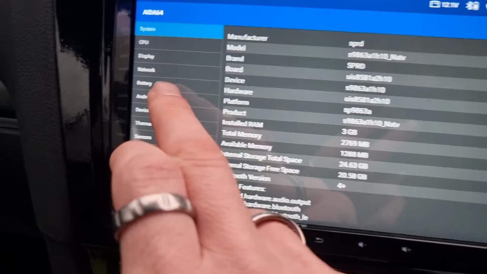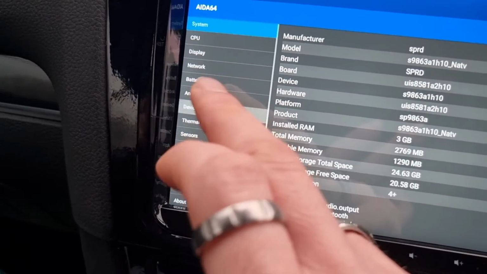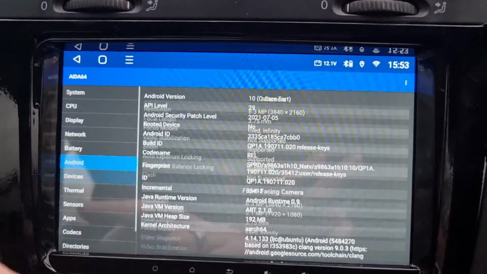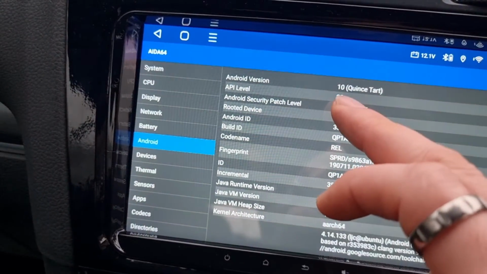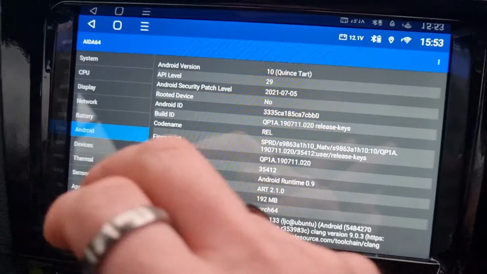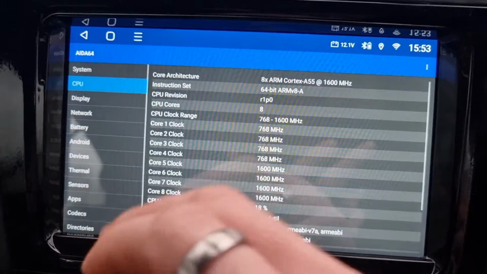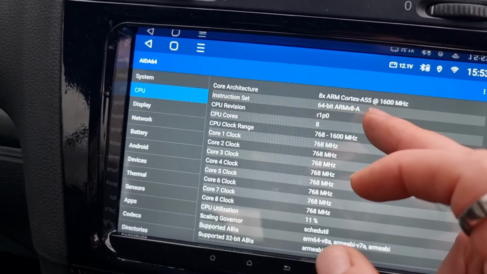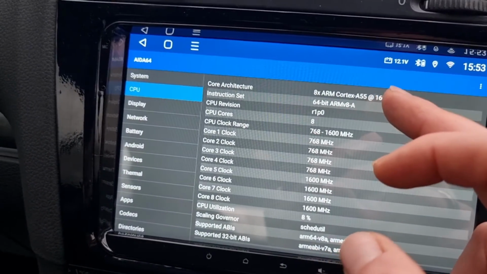You can check your Android version by going here and clicking on Android. Oh, advert. So you click on Android. This is running Android 10, Quince Tart. CPU, you can check that. This is running an ARM Cortex A55, which funnily enough is the same